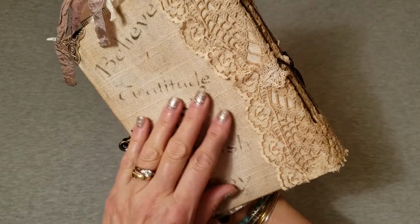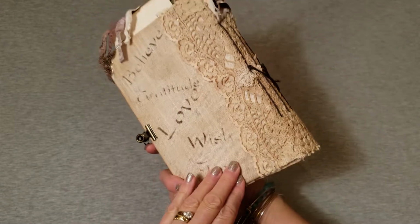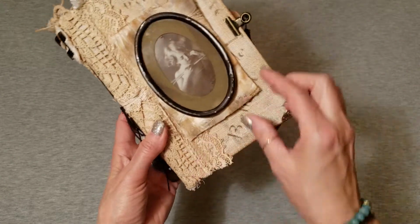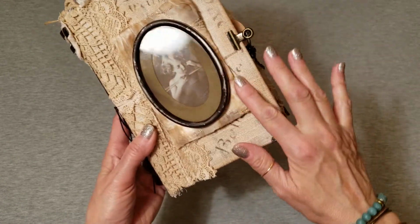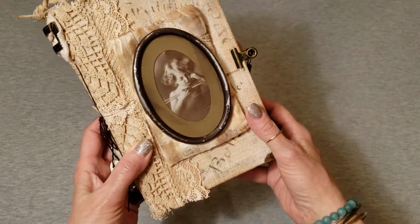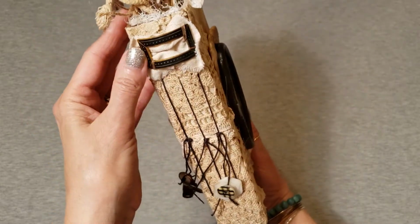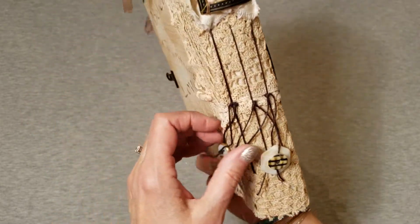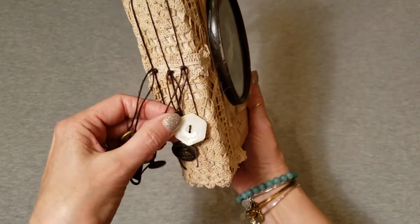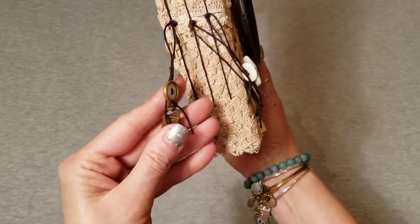So I've covered it with fabric and hand stamped some inspirational words on the front and the back before I put this gorgeous lace on and the little padded fabric backing for this sweet little journal image, angel baby. From the binding I have some muslin and a vintage buckle, and behind it is old lace, and hanging from the reverse sewn signature sections I have some beautiful old buttons and this brass